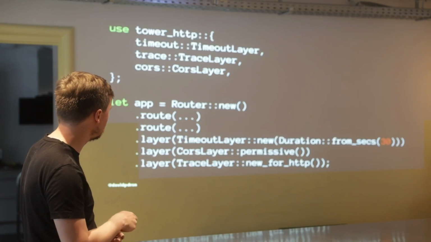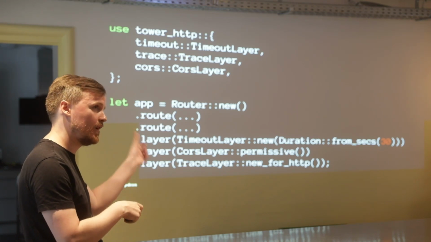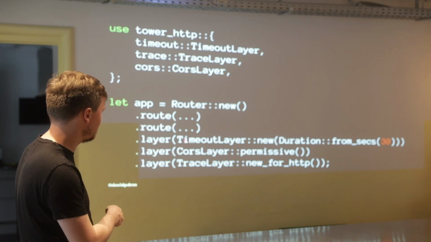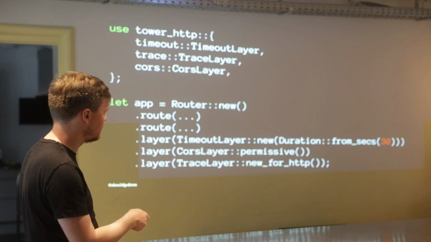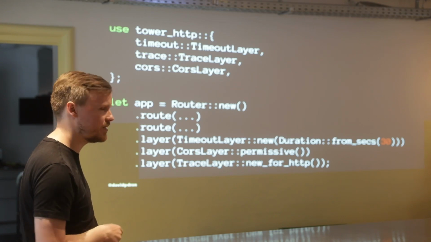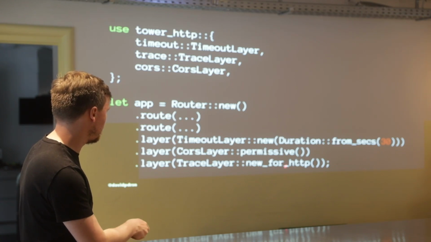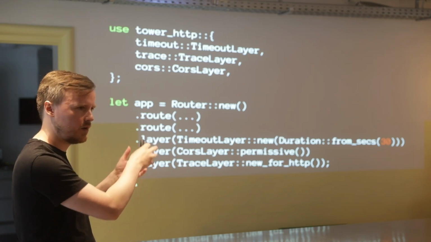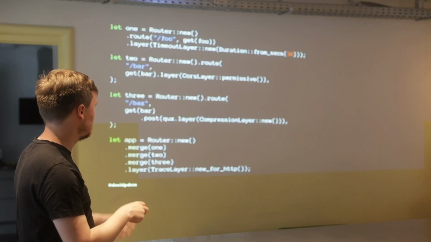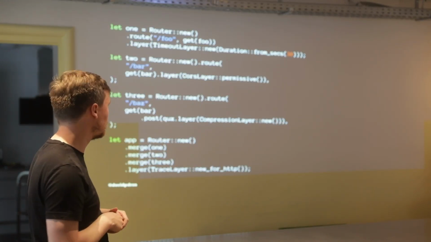The way that you add a middleware is you call .layer. So a layer is not a middleware. It's like a function that applies a middleware to a service. You don't need to worry too much about it, but if you want the timeout middleware, you use the timeout layer. You say, hey, timeout after 30 seconds. I also want a very permissive CORS set up for if I'm doing like front-end JavaScript stuff that needs to call my API, and I will also like tracing. And then all these middlewares will sort of get wrapped around your application, and that fits together nicely. All these methods that we saw before to sort of compose routers also work with middleware.